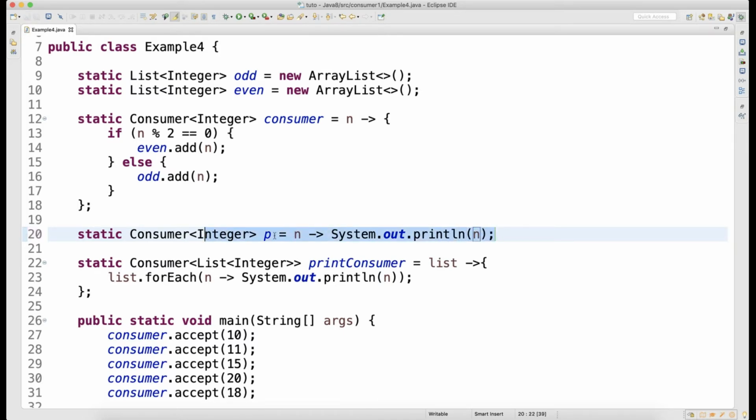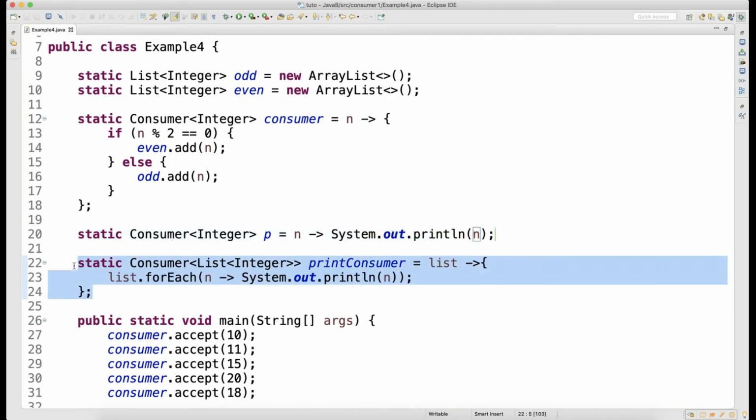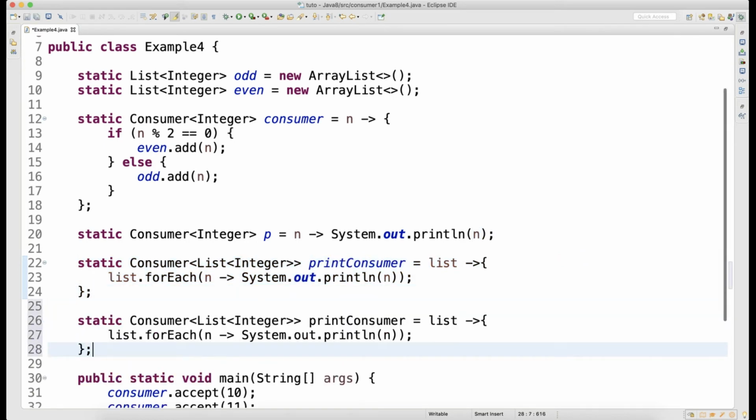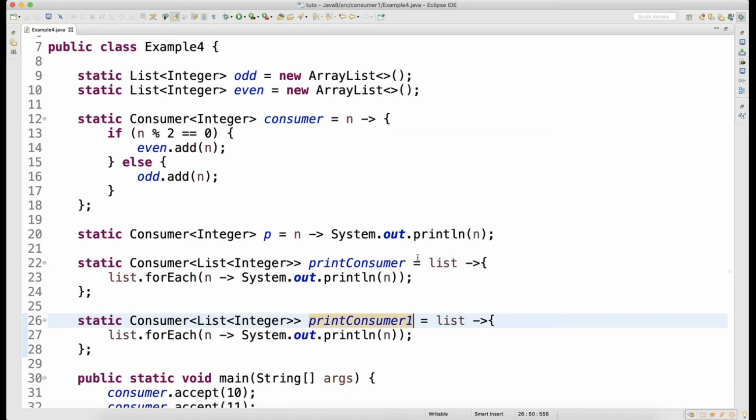For every record, it will call the accept method, and the implementation of the accept method is to print the data. So either I can write it like this, or I can also write it like this. Both are the same, guys.